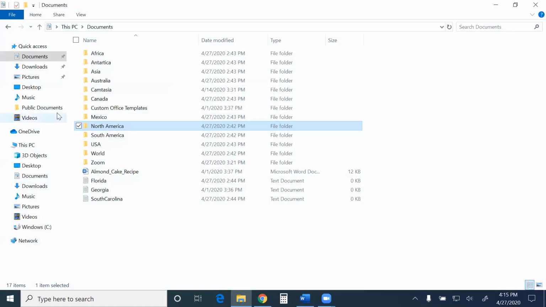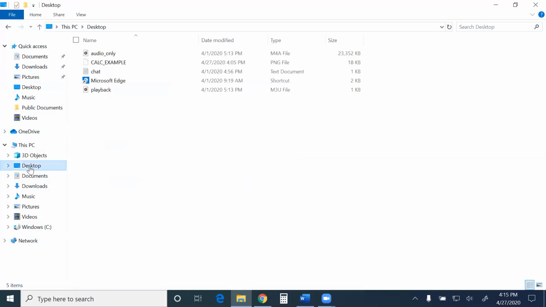And when I pull back up the desktop folder, I see, for example, audio only, as well as that calc example that we just did in the introduction. So any file that I put into my desktop folder is going to show up on my desktop screen. Then I have documents. Documents are just typically where you're going to store any Microsoft Word documents, spreadsheets, PDFs, all of those different files that we create on our systems.